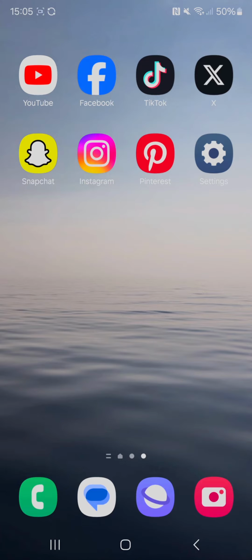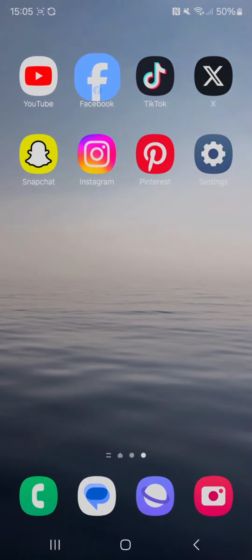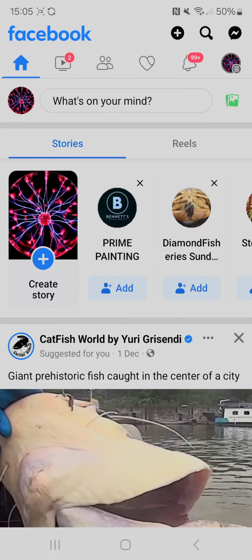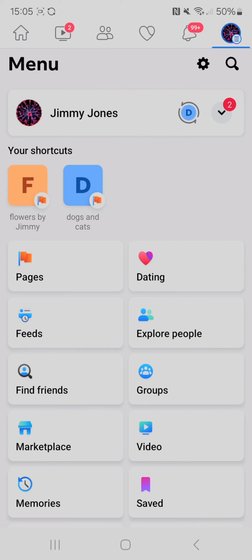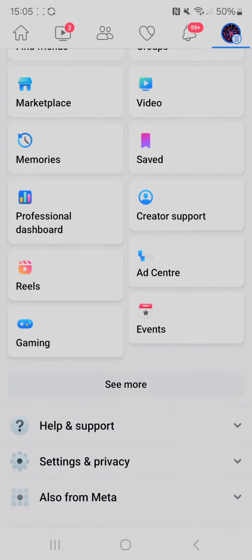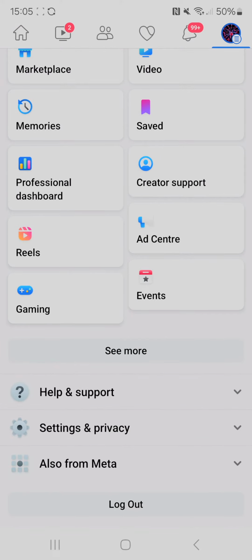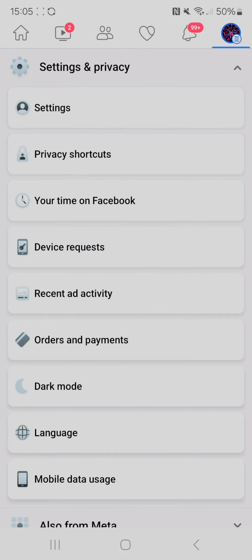So what you'll need to do is open up Facebook, then click on your profile icon on the top right. Then you can either click on the settings cog at the top or scroll down to settings and privacy. So once you've clicked on there, select settings,